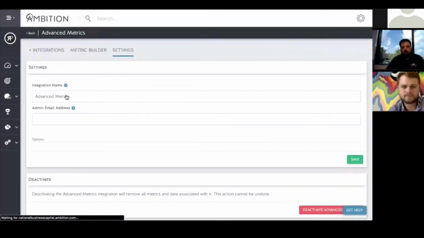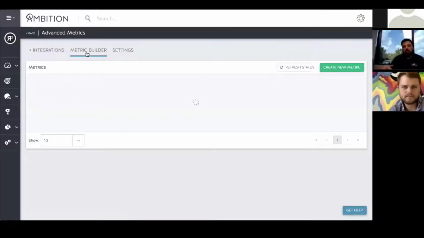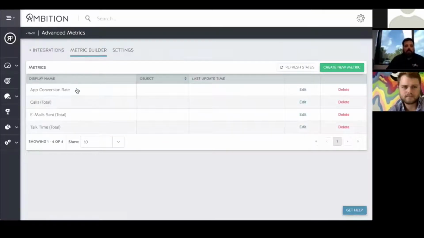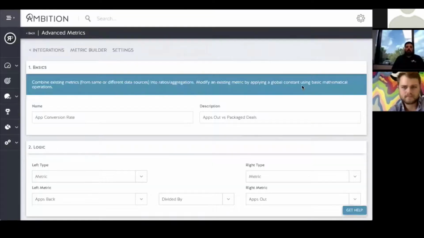And it's going to increment, it's going to put a timestamp in there for when we receive the document signed, and we move on to the next step. One of the nice things about that is that, again, you have an advanced metric. We actually put in there an app conversion rate. So what we were looking to get here is that if I'm a sales rep and I sent out 10 applications and I got back 5 of them, in a given week, then I'm operating at a 50% conversion rate,